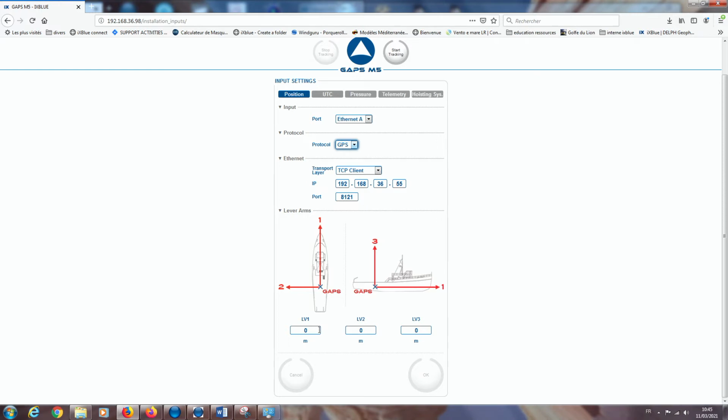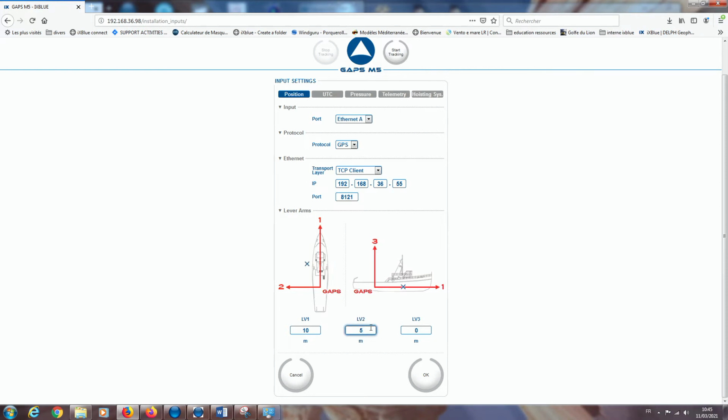What is very important is to set the GPS lever arm. This is the one you have on the vessel with the GPS somewhere and the GAPS on the pole. You have the sign, then you know. In our example, the GPS is a little bit front. You can see the blue cross moving that shows you the GPS position. On the second lever arm, we know it's 5 meters, for example. Then you can see it's moving on the left. If I enter -5, then it goes the other side.